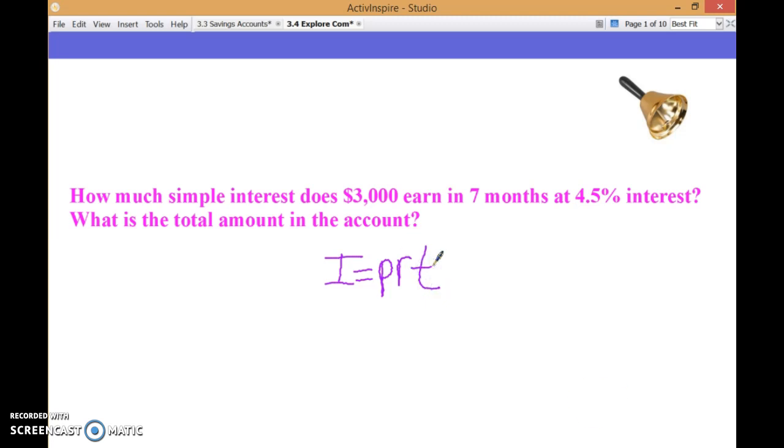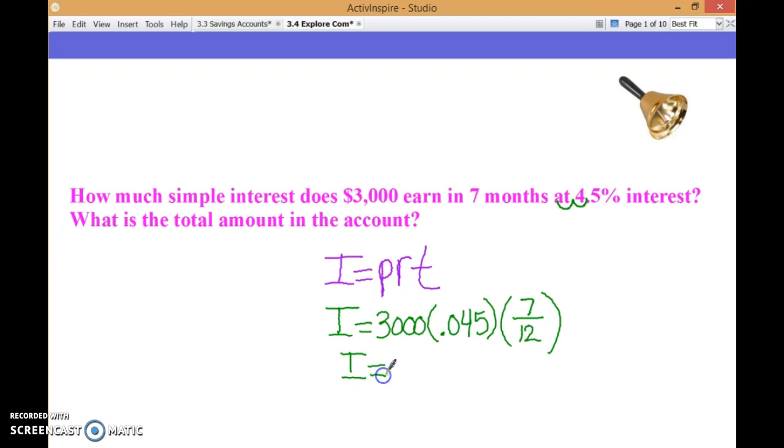So with the information they give us, we are starting with $3,000, so my principal is going to be 3,000 times my rate, which is 4.5%, which as a decimal, moving over 2 places, is going to be 0.045. And my time, since we're talking about time in years, is going to be 7/12 because there's 12 months in a year. Once you've got to this part, you just plug those numbers into your calculator, and you should get for your interest to be